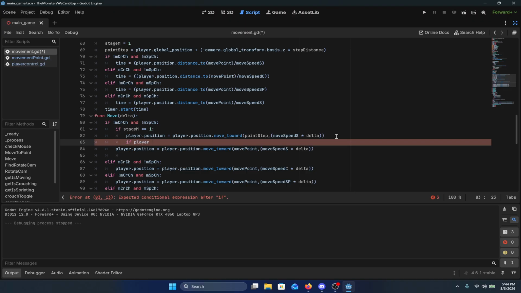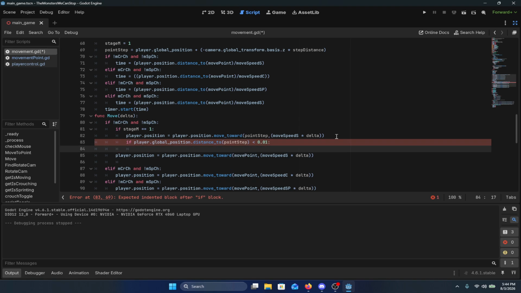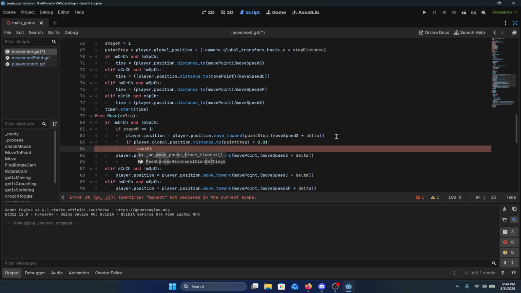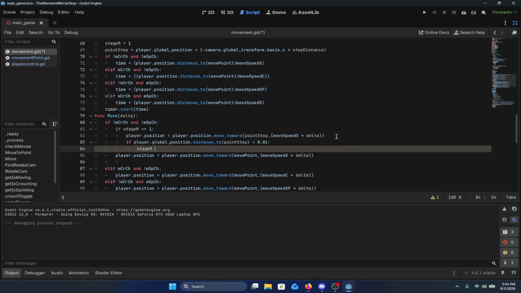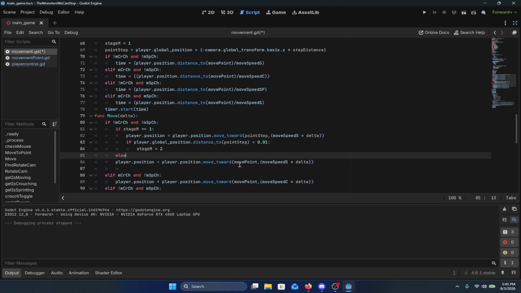If the player's global position dot distance to the point step is less than, it's close enough, then stage m is equal to 2. Else,